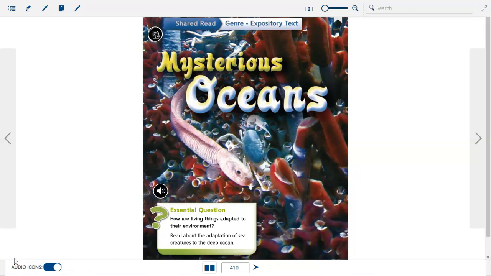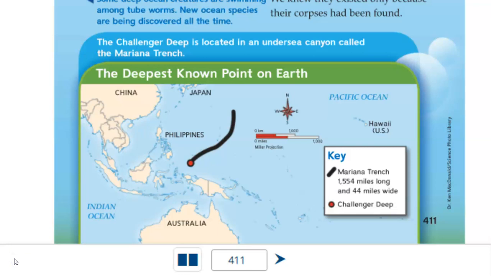Of course, the deep parts of the oceans are very, very dark, and they don't have enough food, and they are very, very cold. So we are going to notice the adaptations that such sea creatures make to survive in such places. Look at this map. It is one of the text features that expository texts use to explain the facts that such texts talk about. Fine. So we have a map here